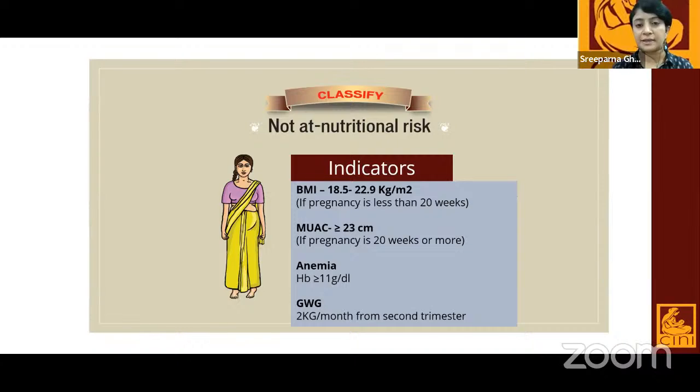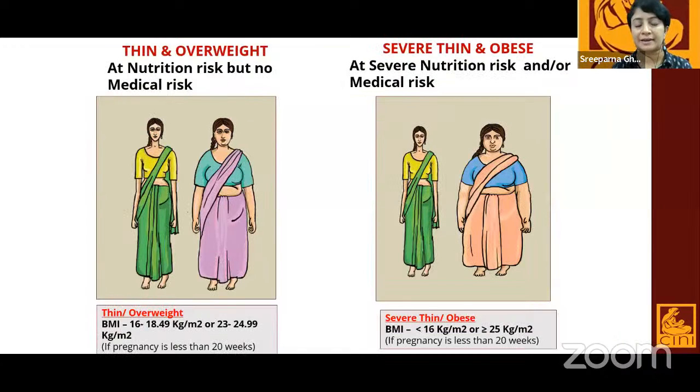Now coming to what is then at nutritional risk. There are 2 categories of at nutrition risk pregnant women. The first category is thin and overweight, where the woman is a little below the normal cutoffs or a little above the normal cutoffs. And a BMI less than 16 or more than 25 is categorized as severe thin or at severe nutrition risk, or medical risk. A woman having a very low BMI or a very high BMI may have some